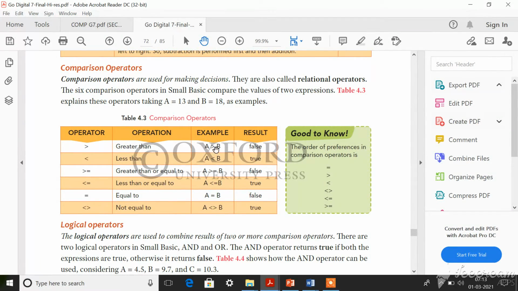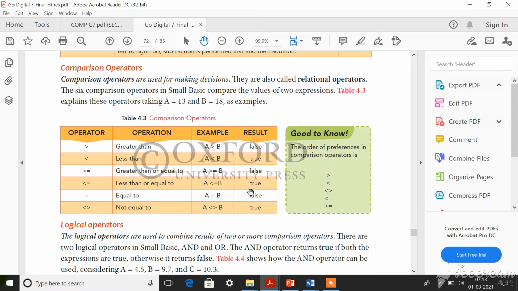Similarly, A is first and B is next to A in alphabetical order. So A is not greater than B, it is less than B, since 1 is less than 2. So here the result is false. Now A is less than B, this is correct, right? So the answer is true. Similarly, all the other operators are checked here, so the answers will be either true or false.